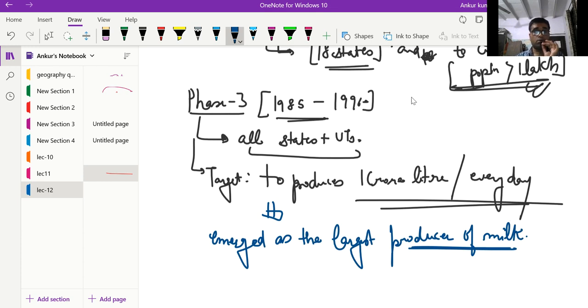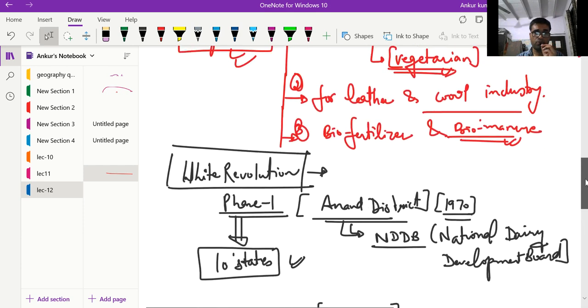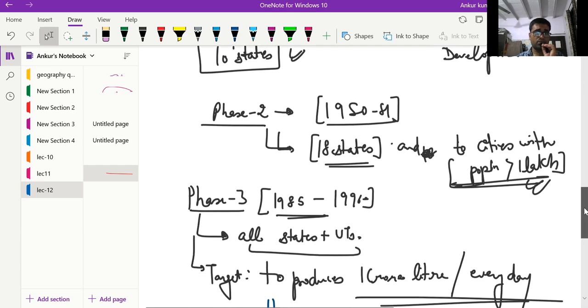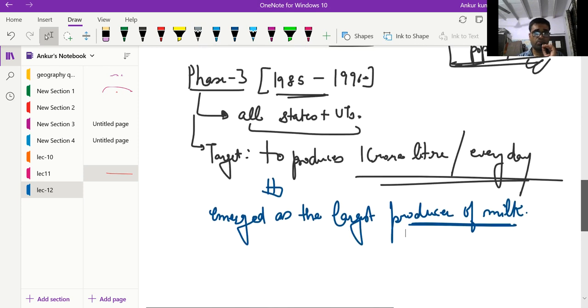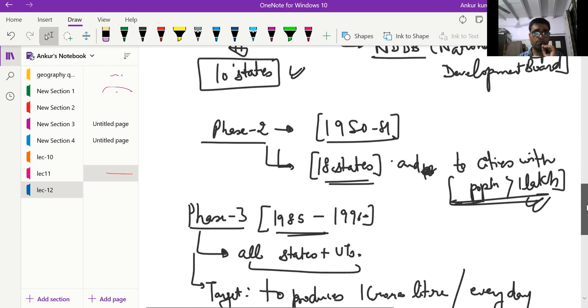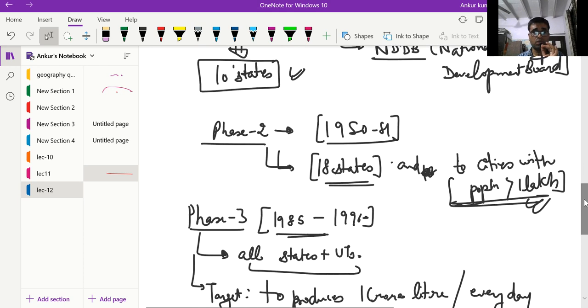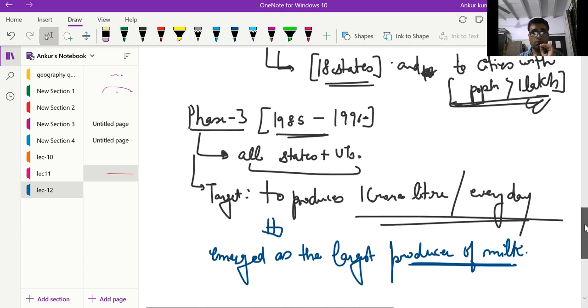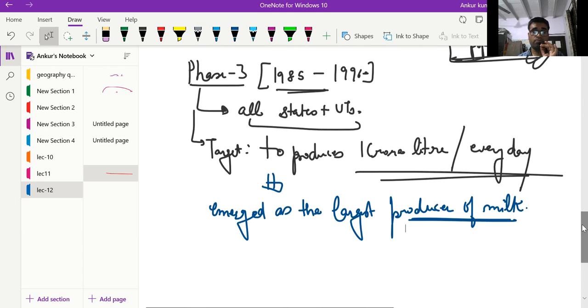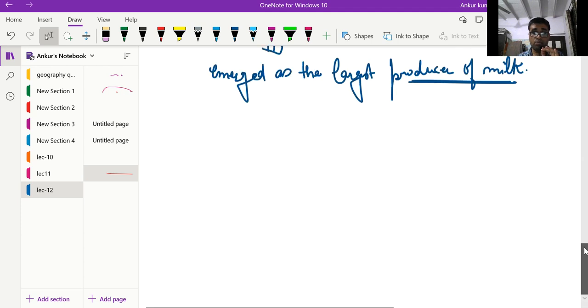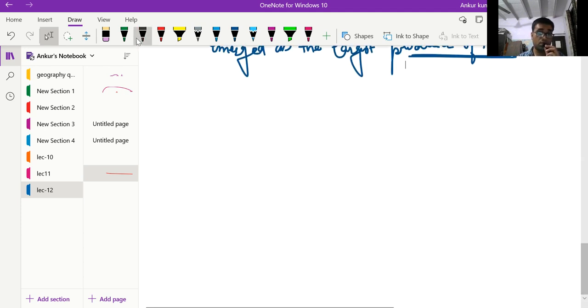Now, by seeing the different phases of the program, the general guess is that it was a better implemented program than the green revolution, more universally across India. The more focus was on not creating the regional imbalances as they were created in the green revolution. So it was a more balanced program, but still, even after that much focus, there were certain imbalances,